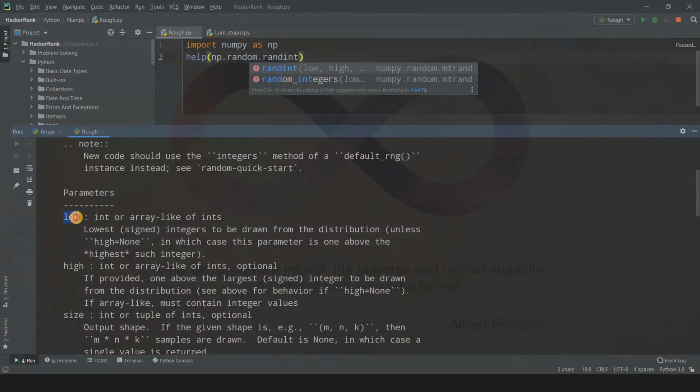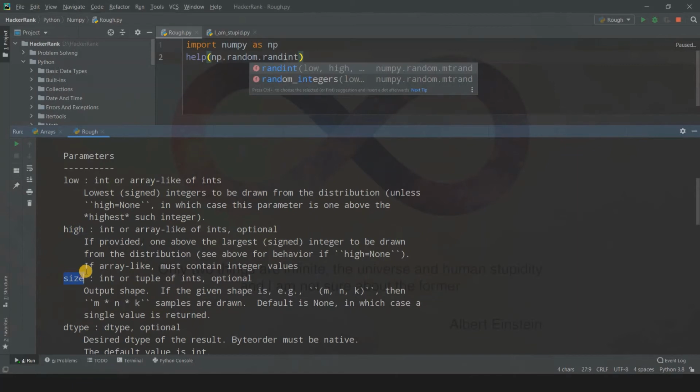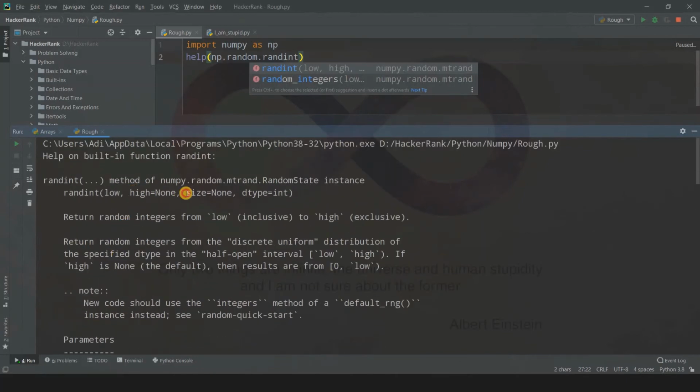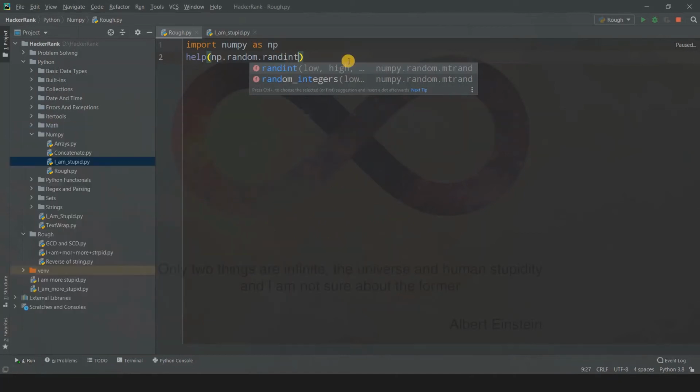Fine. So about low. So what does this do? This is basically a range, that is low to high. So if you write 2 to 4, then it will be the range basically of the elements in that array. And remember, 2 is included and 4 will be excluded. The basic range function. So if you write for i in range, and when you write say 2 to 4, then 2 is included and 4 is excluded. The same thing goes over here as well. And size is basically the size of the array or number of elements. So what does it say? Integer or tuple of integers. This is optional obviously. And remember over here, high, size, and dtype are optional arguments, and low is a compulsory argument. Fine.